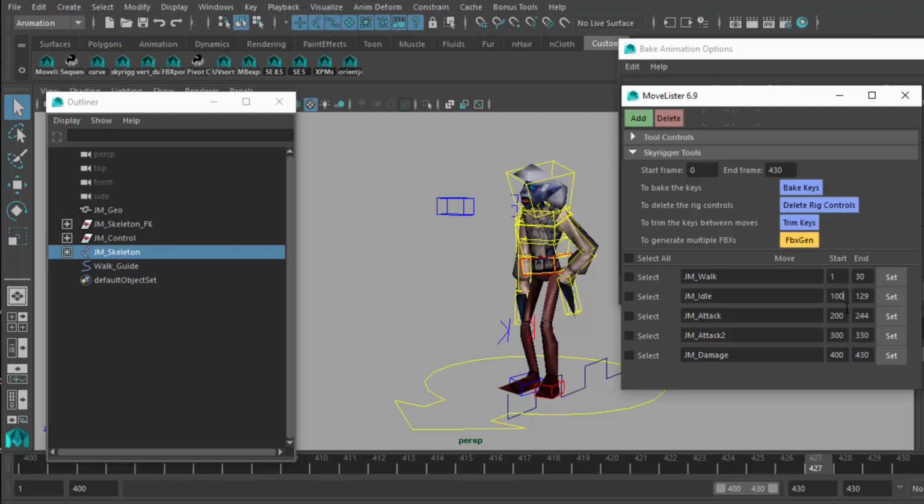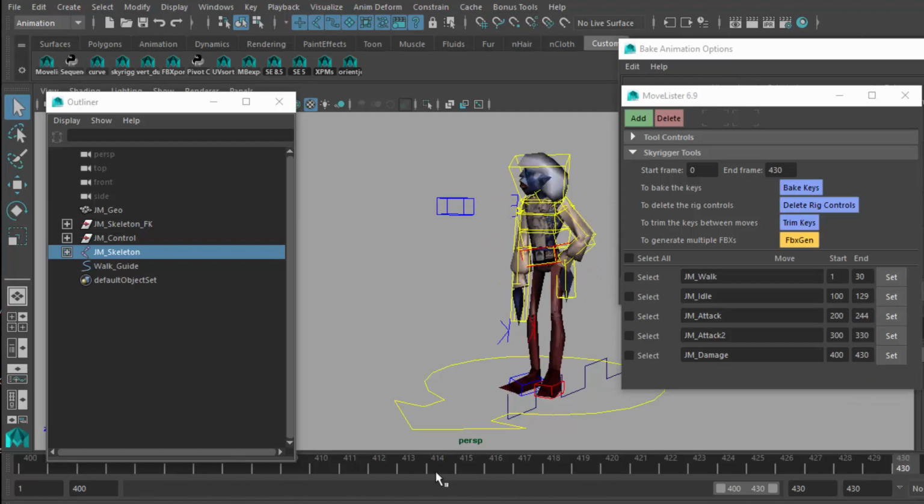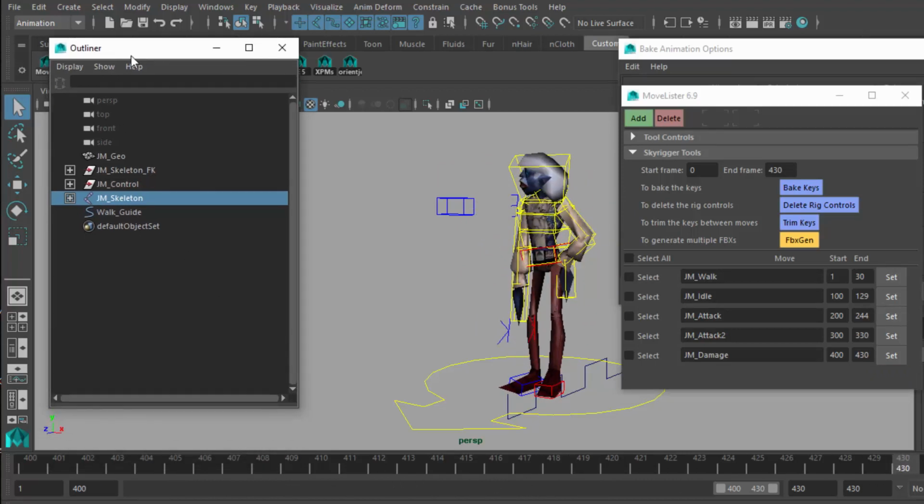So I always start these on increments of 100, and then I try to stay to about 30 frames per move. And that's just to kind of, one move equals 1 second, 30 frames a second in video. So the point of bringing this up is that I've got 430 frames encompassing the whole of this character's moves. Currently the timeline is only set to one of those moves, so if I want to export everything, or rather